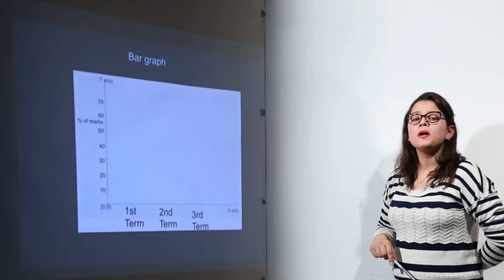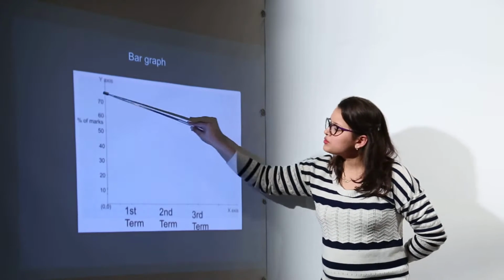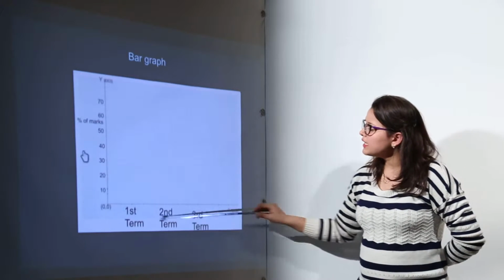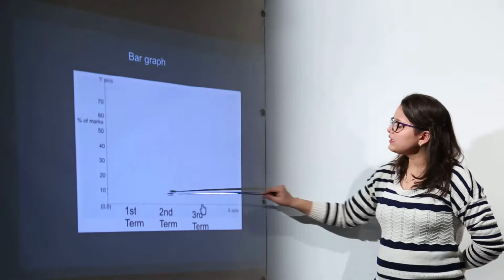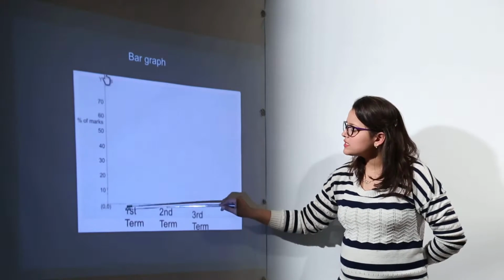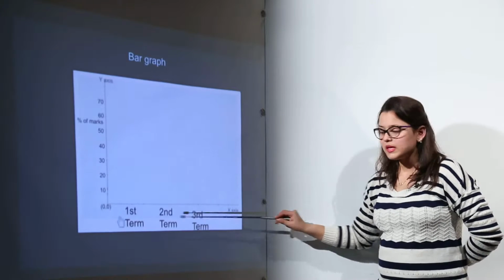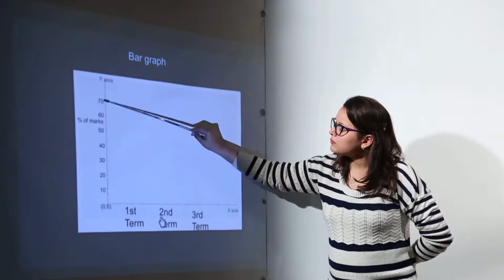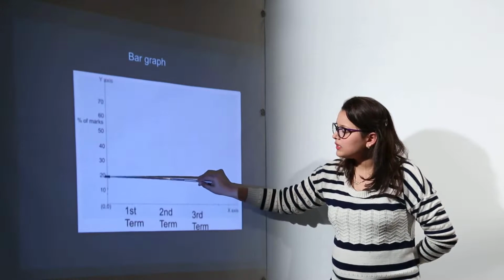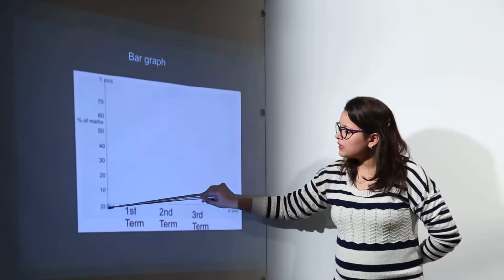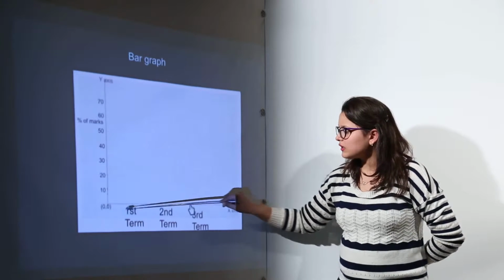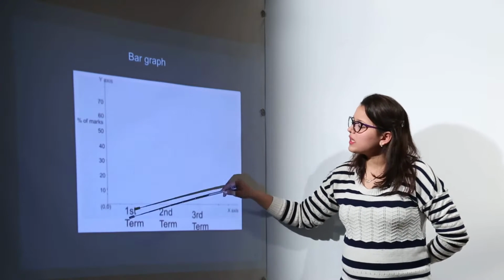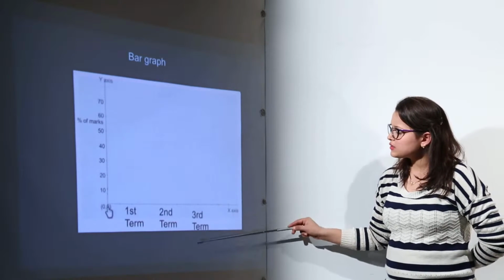As I told you, bar graph representation requires you to have a graph sheet. You must have seen graph sheets like this. It has one x axis and one y axis. On the x axis we represent the terms: first term, second term and third term. On the y axis we have the percentage of marks at equal intervals of 10 each. The point where both axes start is known as the origin, which is (0, 0). So on the y axis we have all the percentages of marks, and on the x axis we have all the